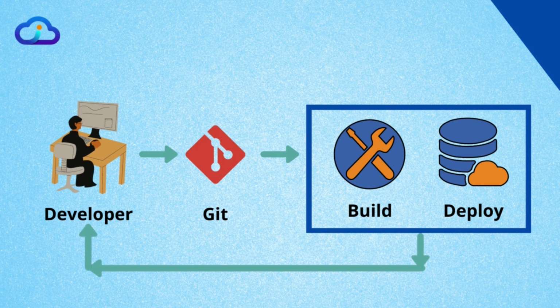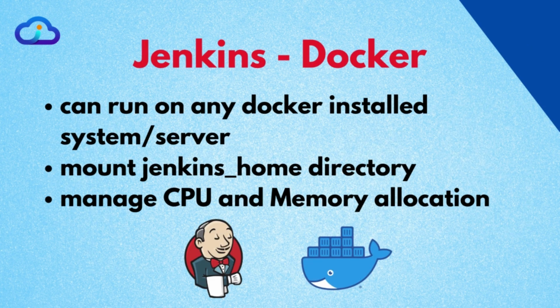Jenkins is one of the most important tools in a DevOps life cycle. With the help of Jenkins, you can automate your daily routine tasks for building and deploying your code. Now the second question is, why install it using Docker? When we install it using Docker, we can run it on any server, any Linux system, Windows server, Mac system, etc. It does not rely upon the operating system.